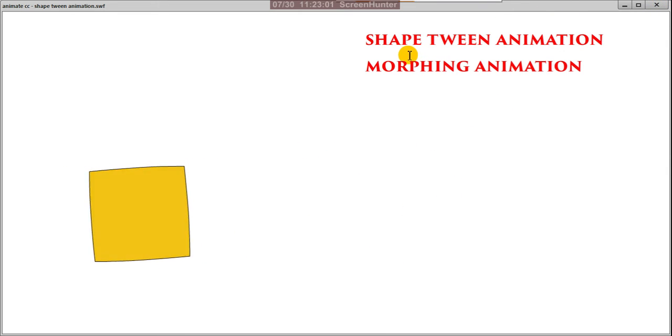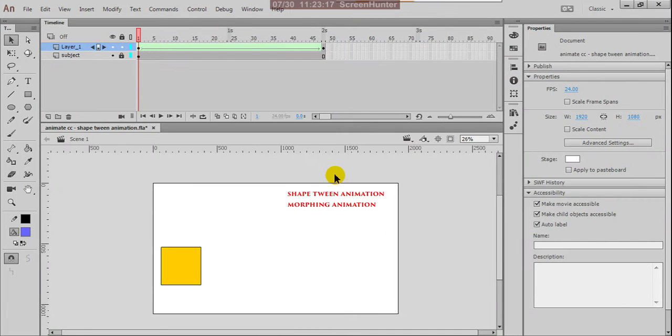That is the reason we say shape twin, changing shape, or otherwise morphing. It is changing one shape into another shape, so that is morphing. So we call it shape twin or morphing animation.